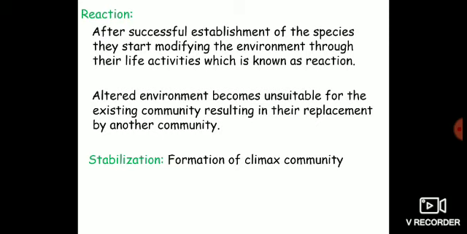And finally you have stabilization. Stabilization is the final stage in the process of succession, and in this stage you get a biological community that is stable and does not change further. This community is known as the climax community. It is the terminal community, and it maintains an equilibrium with the existing environment, and hence it is not replaced further. Okay, this is all about the process of